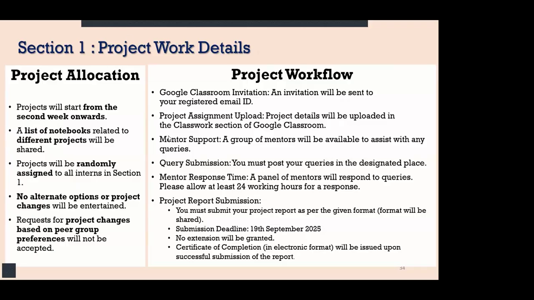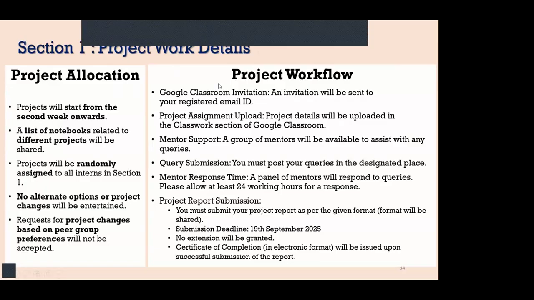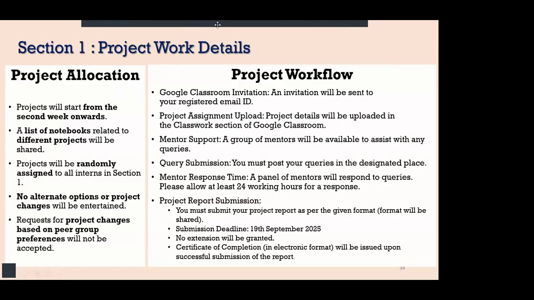Okay, now the main part, that is the project. How will you handle these two sections with respect to the project work? Now the thing is, the project detail for section 1, the first step is project allocation and then the project workflow. So in case of the project allocation,